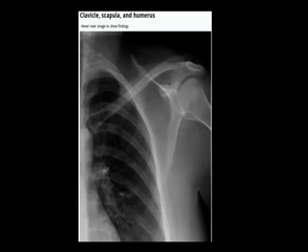And bones: the next important structures are bones. We saw the mediastinum, hilum, lung, diaphragm, and bones also. Like the ribs, I showed you. You must try to count all the ribs and see the margins of the ribs. These are the margins of the ribs. Any discontinuity means fractures. Then other bones, like the clavicle, must be seen. Then the scapula, then the glenoid, acromion, coracoid, head of humerus.